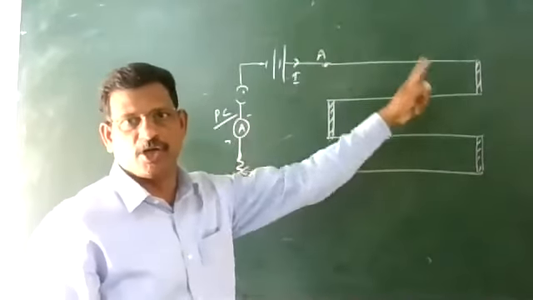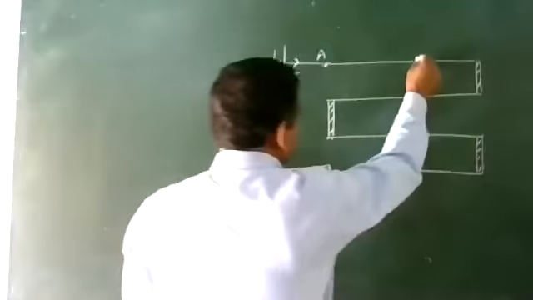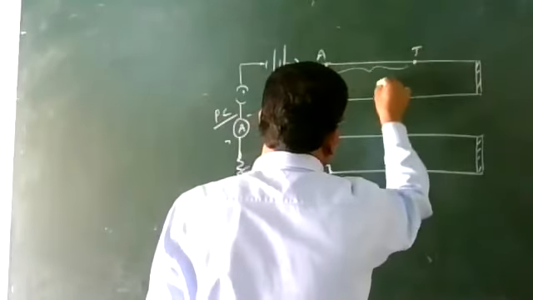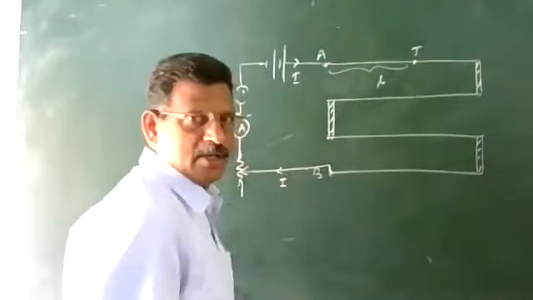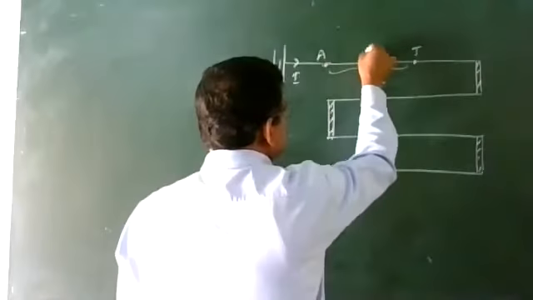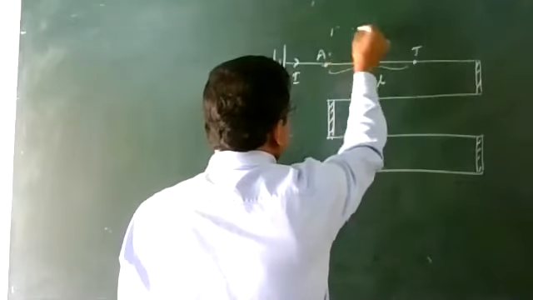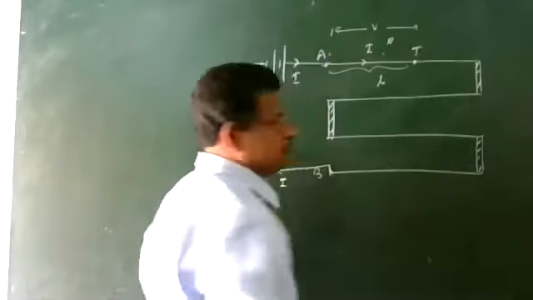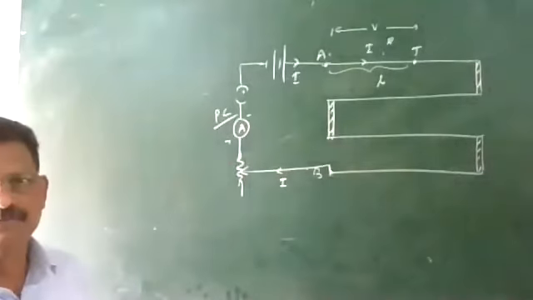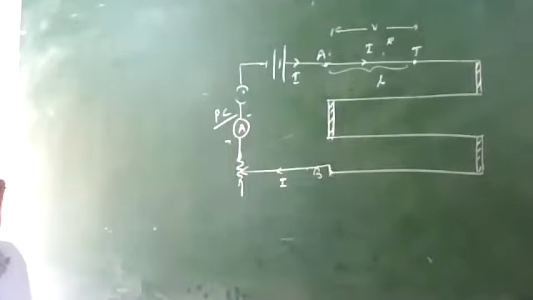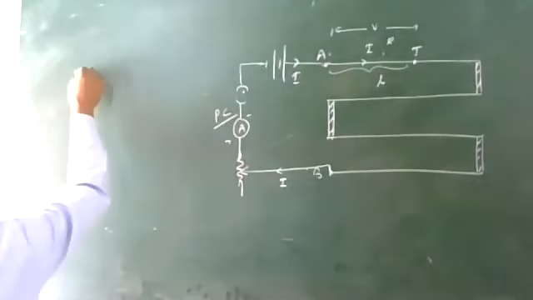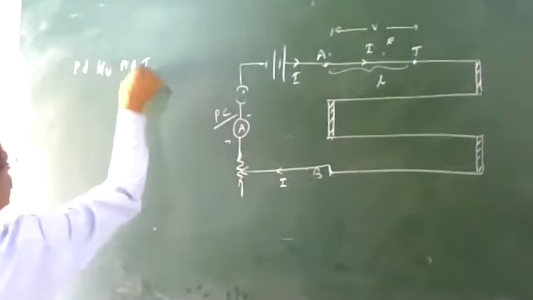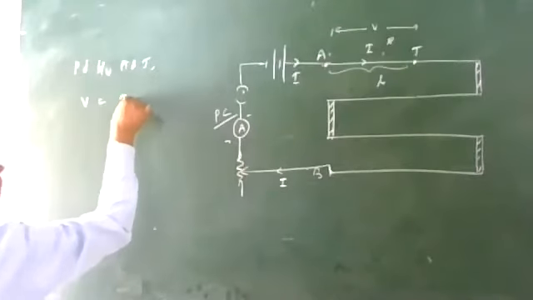Suppose a current is flowing through this wire. You can take 2 points A and J and connect. So there will be current flowing through this portion. The resistance will be R, and therefore there will be a potential difference also. So according to Ohm's law, between any 2 points of the potentiometer wire, V is equal to current into resistance.